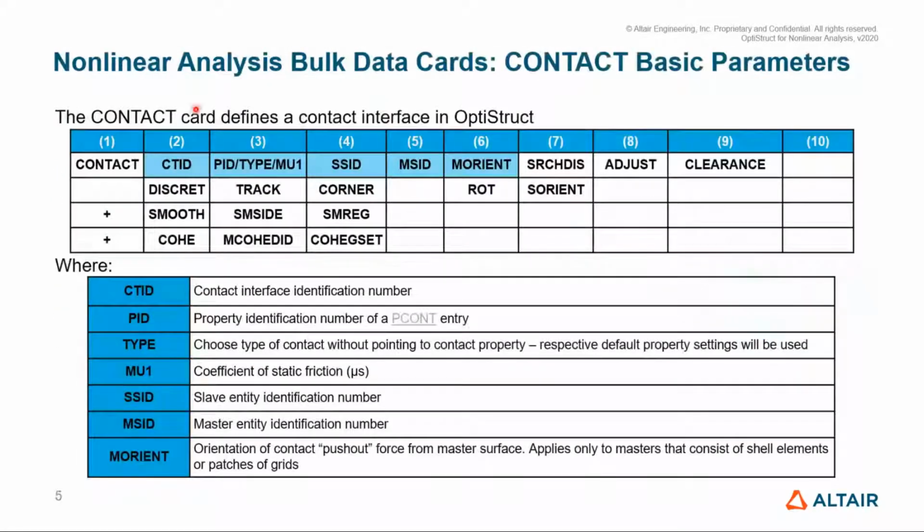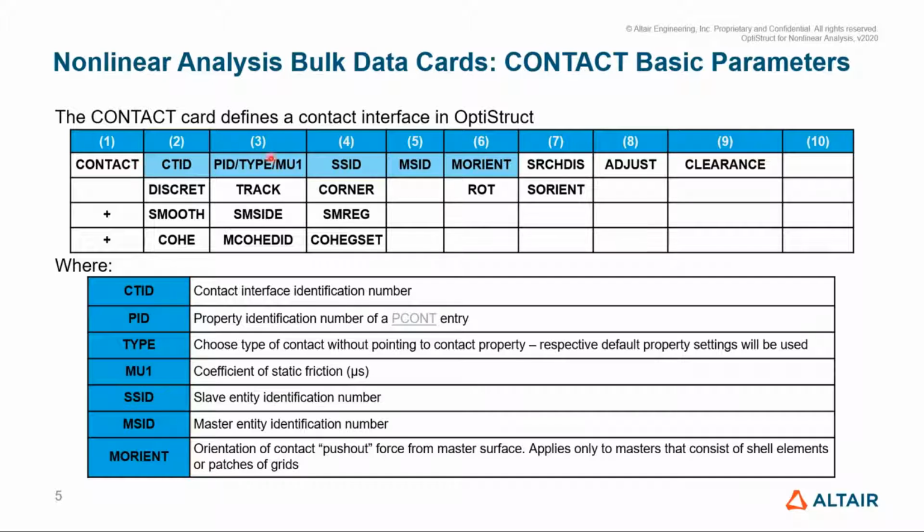Okay. So basically the contact is defined with this contact card here. Okay, this is what you will see if you open the input deck. Of course, if you open it from the GUI, from HyperWorks itself, it's going to be different. There are a lot, as you see here, there are a lot of items that we can define for contact, and we will need to go through all of them because all of them will give you different settings to the contact, and some will actually help in the convergence of your nonlinear analysis. Okay, so the basic ones are just your